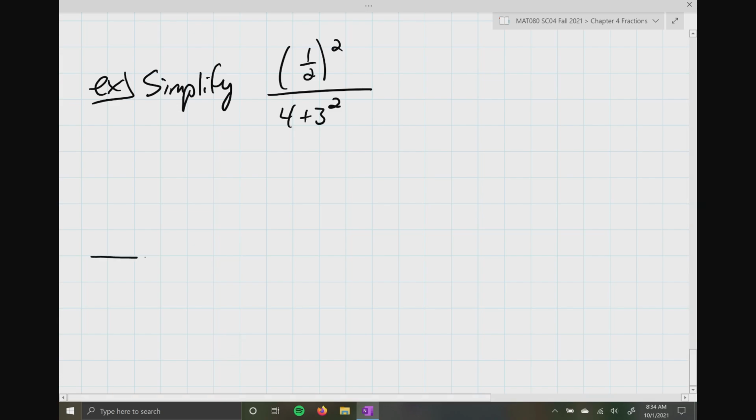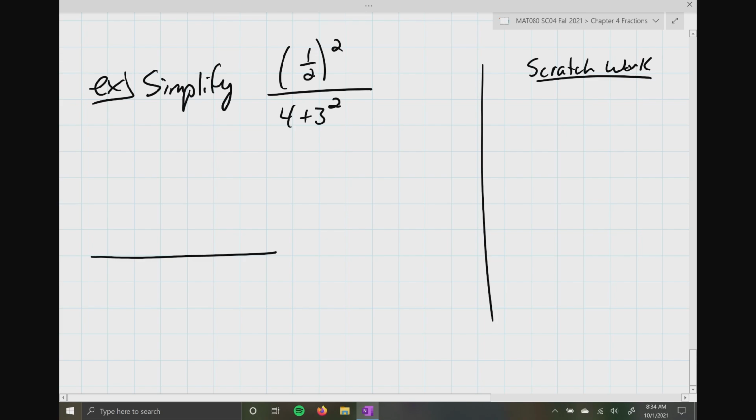All right, so here's what I'm going to do, off to the right-hand side. I feel like it's easier when division is written across instead of on top of each other. It's really good that you recognize that too. So everyone, before I even get started, this is really the quantity 1/2 to the second power divided by 4 plus 3 to the second power. Now, because we have that big fraction, not the little 1/2, I'm talking about the big thing overall,